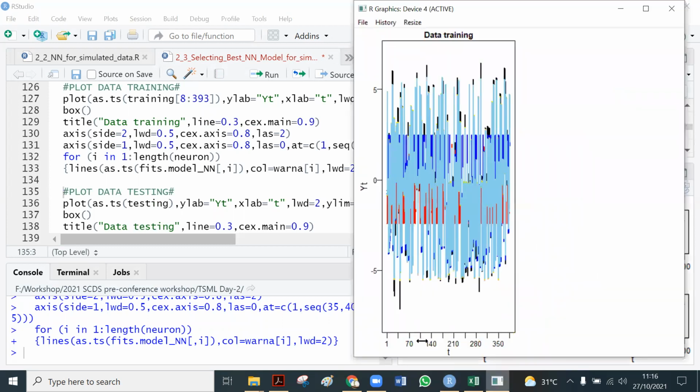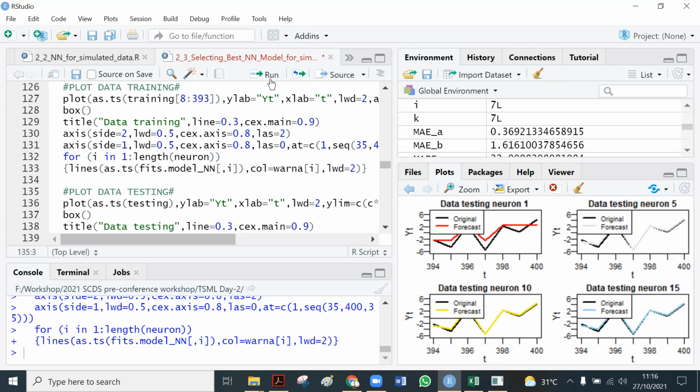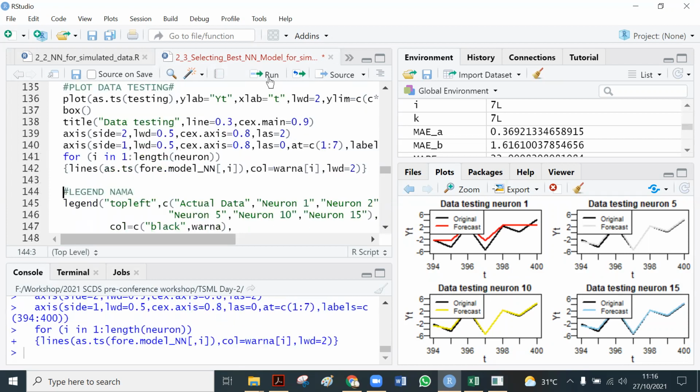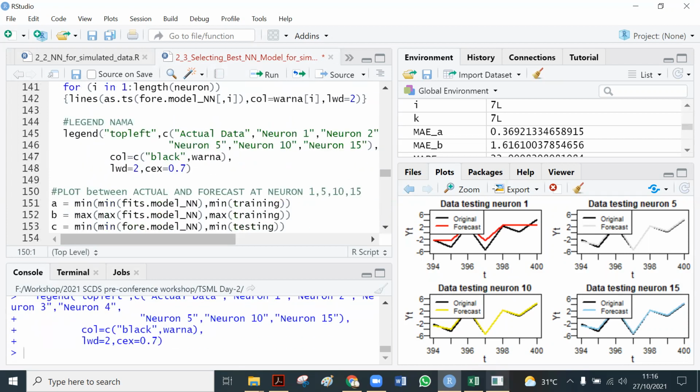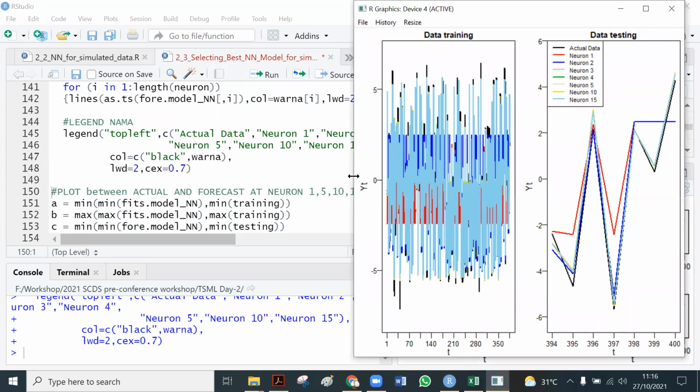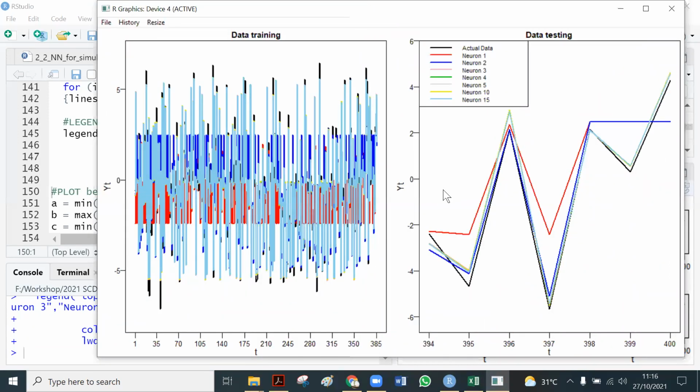So this is the plot. Okay, so this is the plot, right? Yeah, and the black line is the original data set. The color line is the forecasted value.